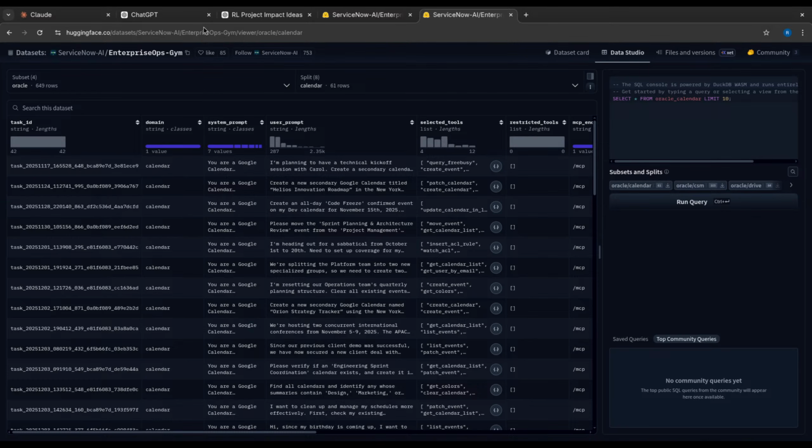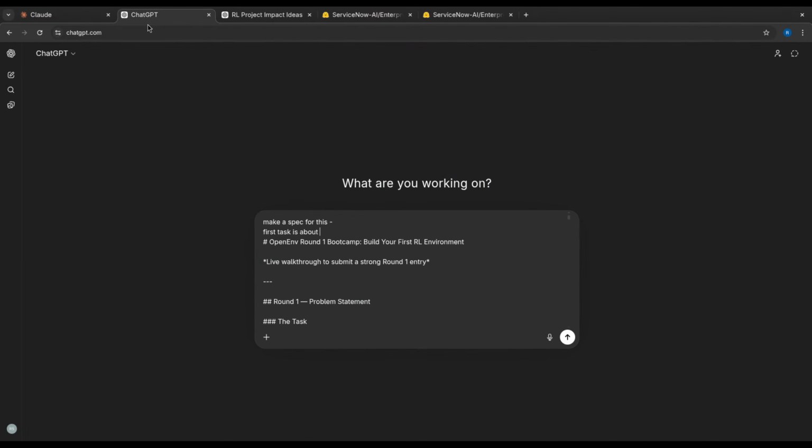So yeah, we will be taking data from here. Take one step at a time, and I wanted to take calendar as the task or environment.